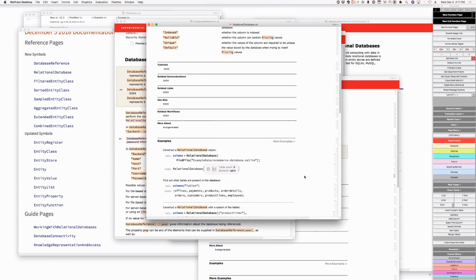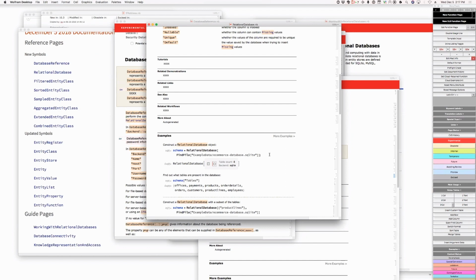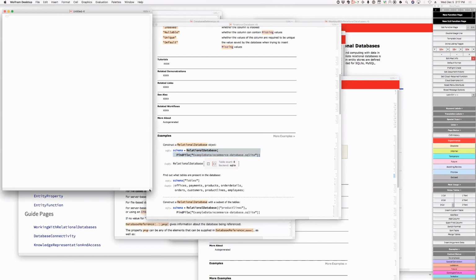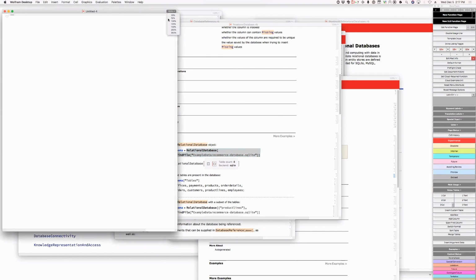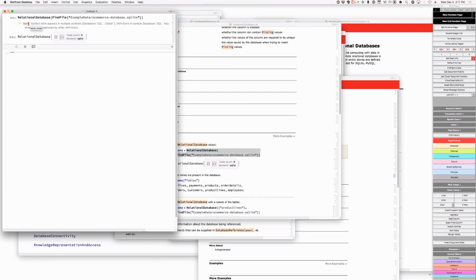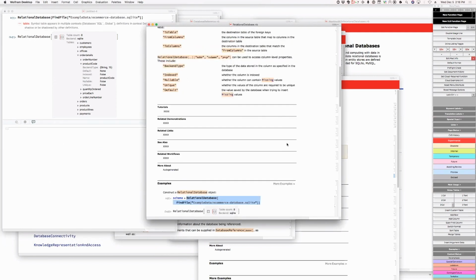Okay. So basically, database reference is its own constructor. So you give it the file path, database, relational database, and then it becomes a big complicated association with the database reference as the second argument. Database reference. What? Sorry. So in this case, right? So this is now, what on earth is that? What is that error? Okay, so there's a database. There are its pieces. Yeah. Whatever it's got in it. Right? Okay, so this is